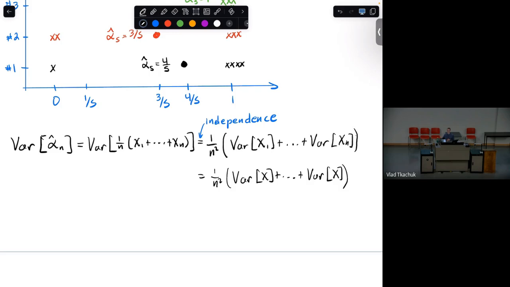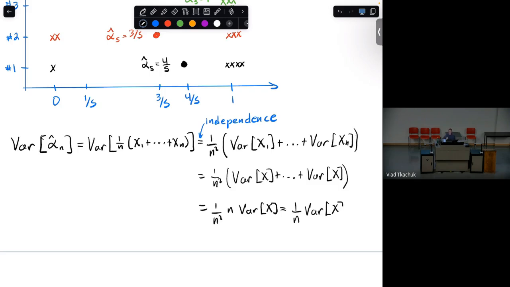You can also calculate this variance. I'm not even going to plug it in. It doesn't matter, because of the point I actually wanted to make. So you end up with 1 over n squared, and then you have n variances, so n times the variance here. The point of the story is that the variance of the sample mean estimate